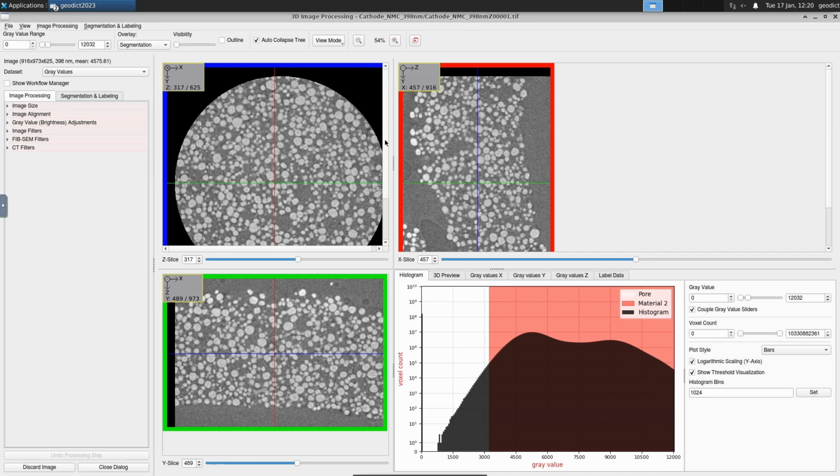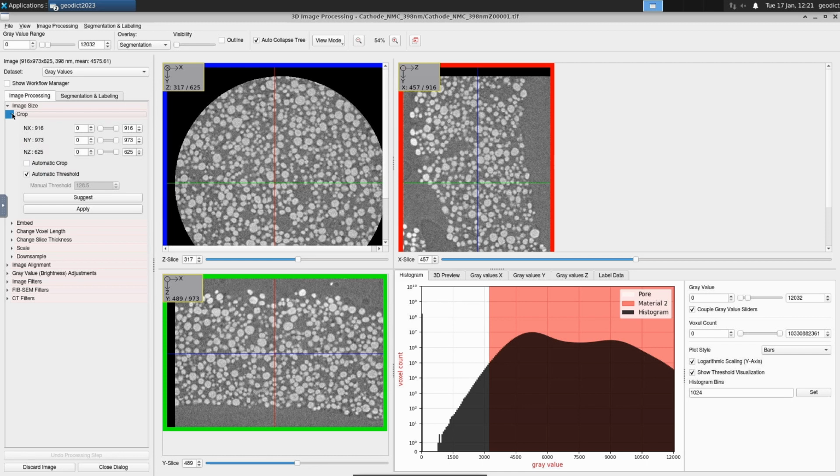Now let's get started with the image processing. We don't really need all the black space around the structure here. So the first thing we will do is to crop the structure. So for this we will go over here. And you could either choose image processing or segmentation and labeling. First, we want to start with image processing to make our image ready for the segmentation. So here in this tree, we click on the image size subtree, so on the small arrow in front of it, and then open the crop option.